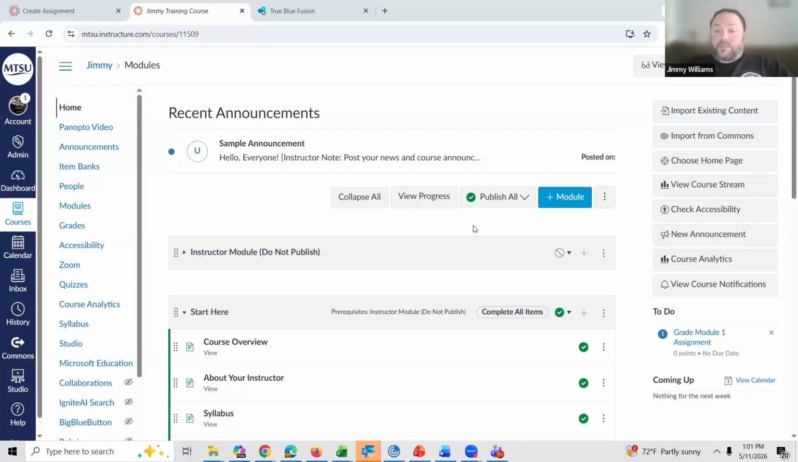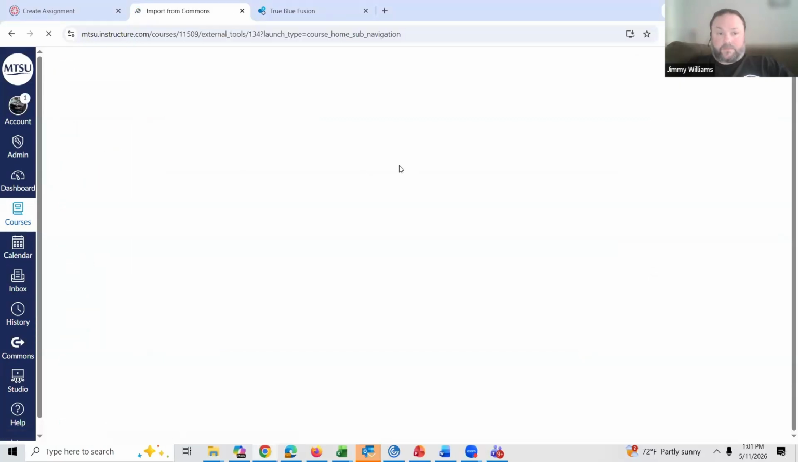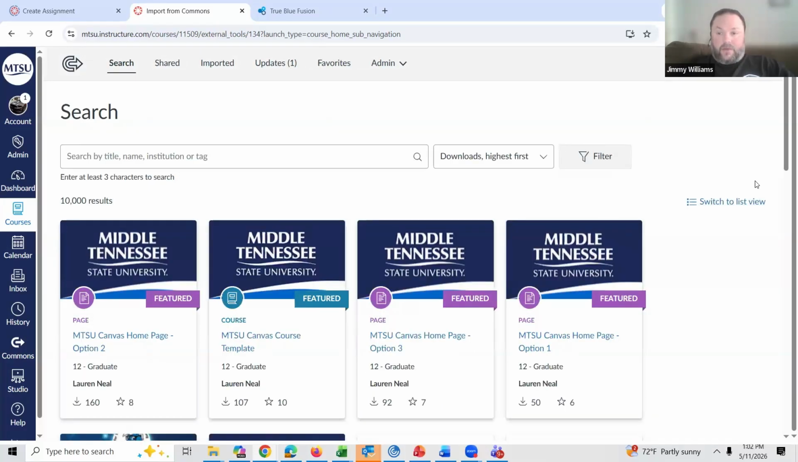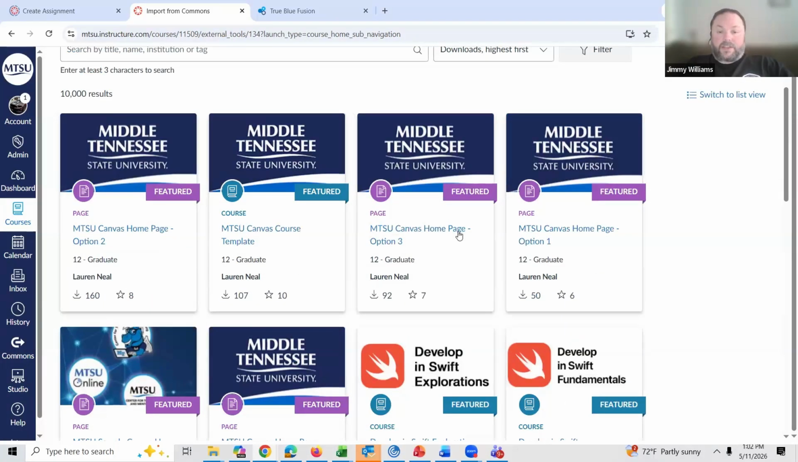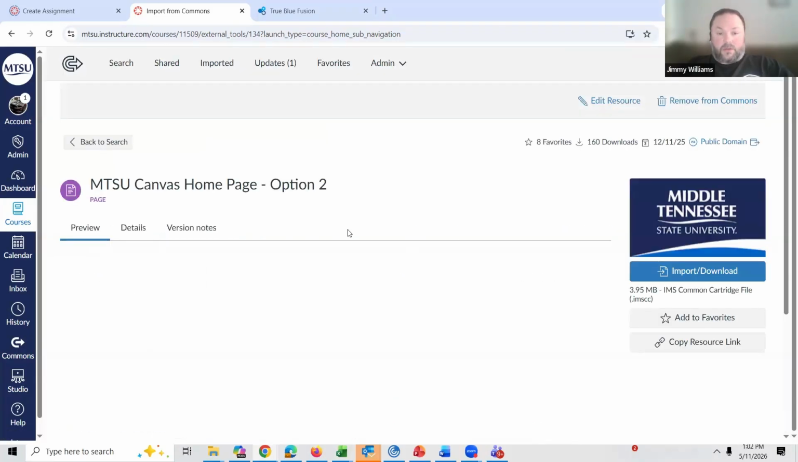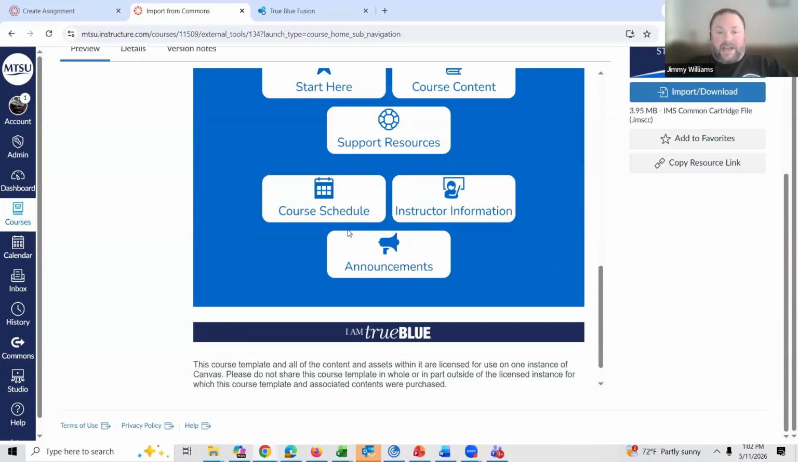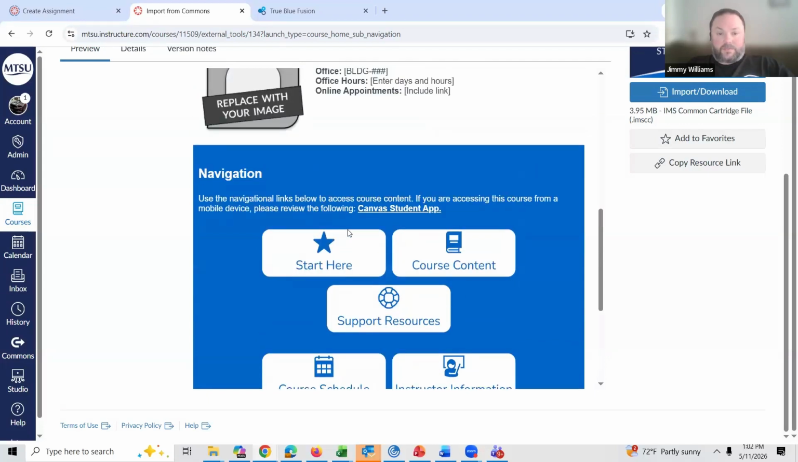So the easiest way to do this is if you go to your Commons area. And that was the little link over here on the side that says import from Commons. And we have a lot of different options here for various home pages that you can create or that you can choose. So if you want to see what each one of them looks like, we're not going to go through all of them, but just give you a little sneak peek. If you click on each one,